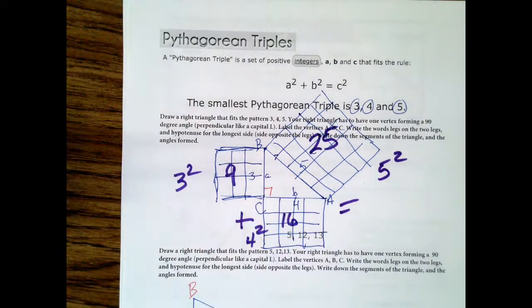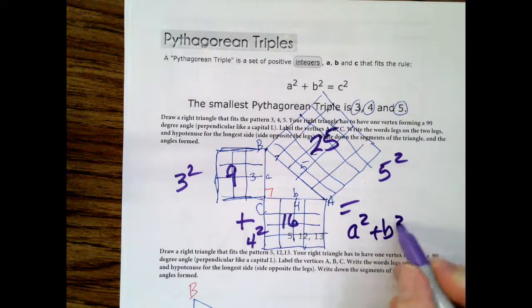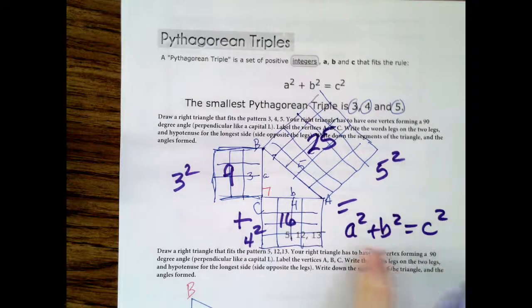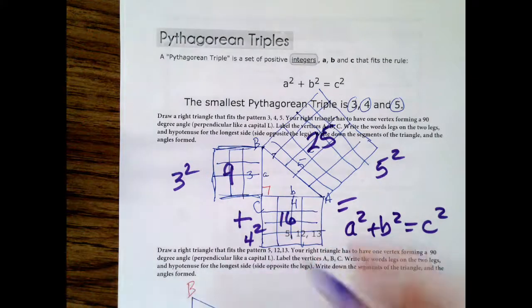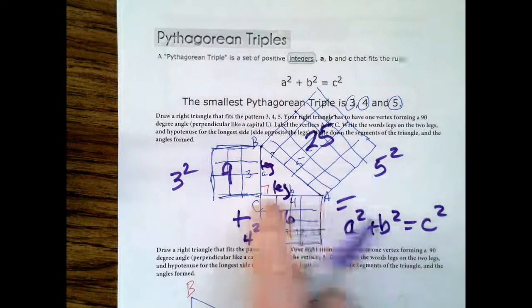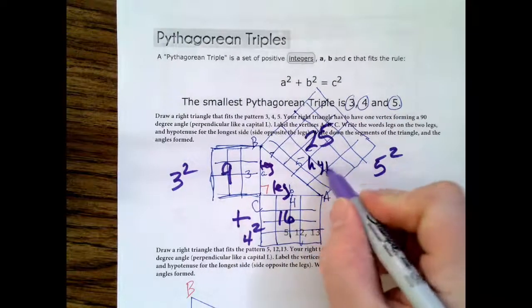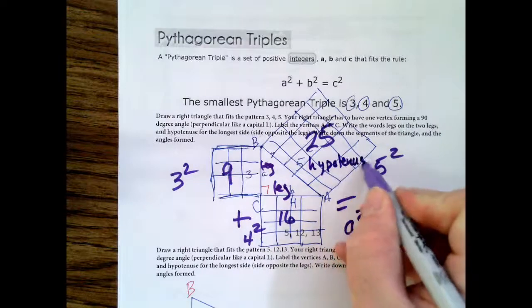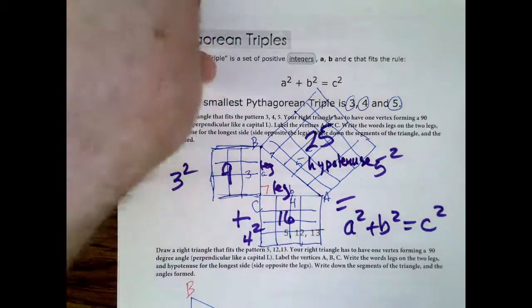So that is what the Pythagorean theorem states. It states a squared plus b squared equals c squared. The hypotenuse, that's the key. It's isolated over here to the right. We call these legs. So this is a leg, and that's a leg, because they combine at 90 degrees, so that gives them support. And then again, this is the hypotenuse. So there's some key vocabulary to doing Pythagorean theorem,